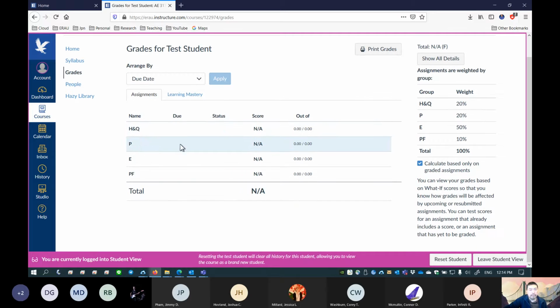Project is, of course, a fairly large component of this class. Project is 20%. Exams, I'm thinking of 2 exams, exam 1 and 2. Exams are traditional style, in other words, in-class with pen and pencil. So please expect that.